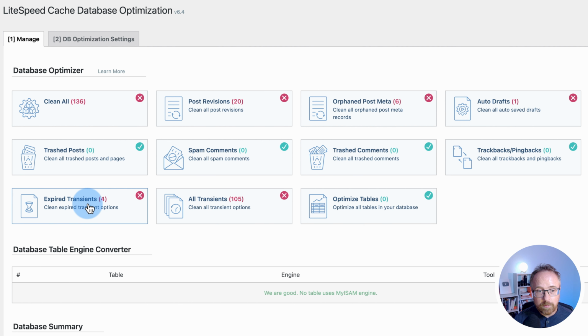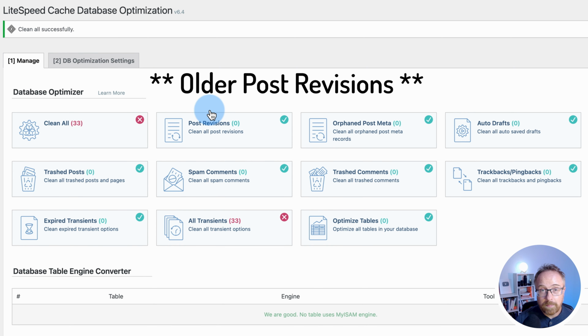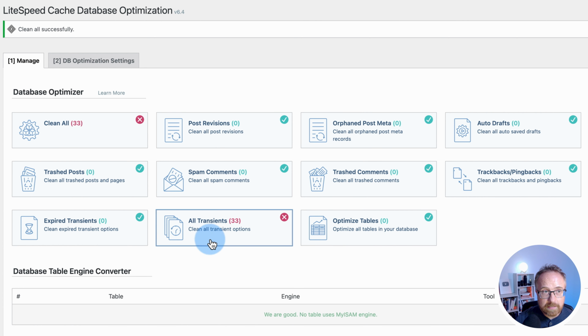Actually, expired ones could be from plugins that are still there. The all transients would include ones from plugins that are gone. I'm going to click on clean all, and I'm going to clean all of them. The only one you might want to avoid is maybe post revisions. I don't really use them, but if you find yourself going back to older posts, then maybe you want to keep post revisions. So you can click them individually, like I just clicked all transients,